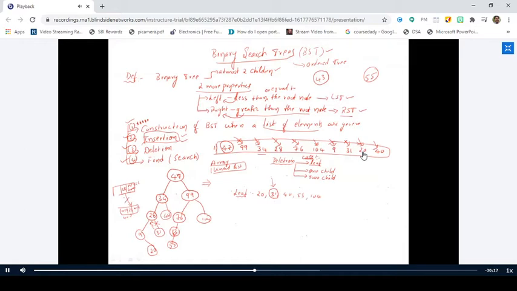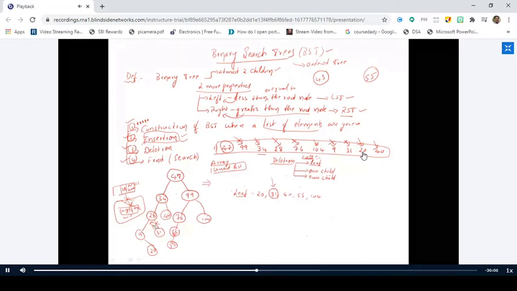This link is broken. When I break this link, this particular node is deleted from the binary search tree. This is how you perform the deletion of a leaf node in a binary search tree. Is it okay? Yes, sir.